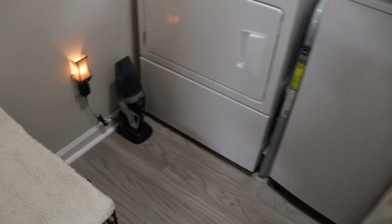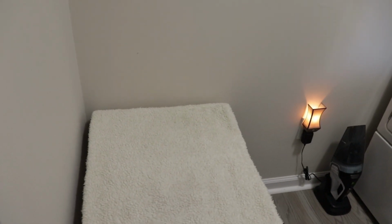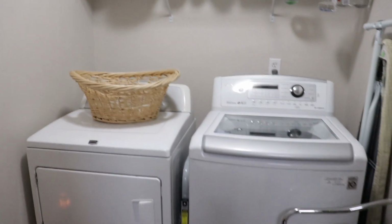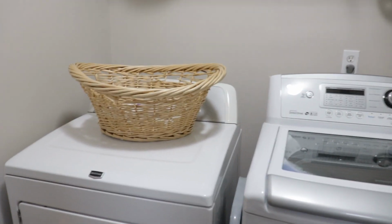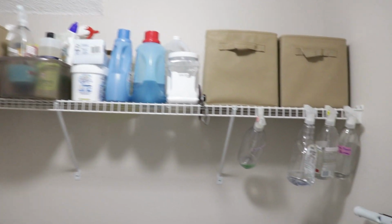In here in the laundry room, you can tell I obviously did some laundry, but I don't have things on the floor anymore. My mop bucket will fit right there. I just got done using it, so it's not there right now. You can see that my washer and dryer are cleared off. I sorted through products, and you can see all of these